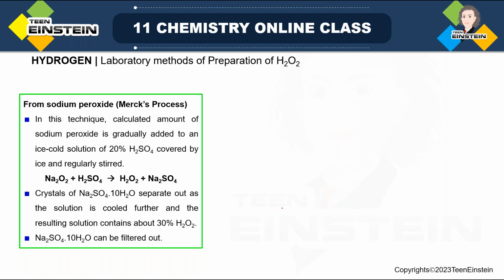Next we will see preparation methods. Preparation methods for H2O2, we have classified them. The first we will see is the laboratory method. Laboratory method is obviously a small scale method. So in the laboratory, what we can do